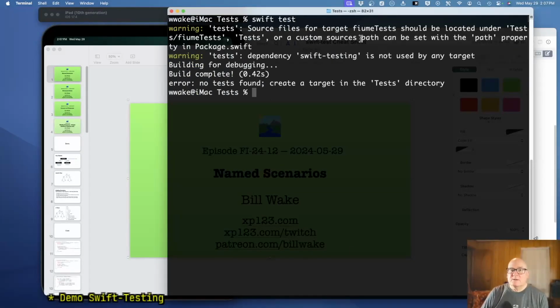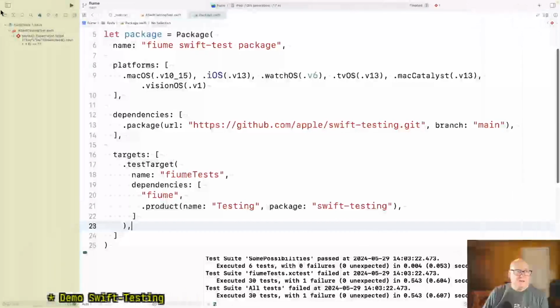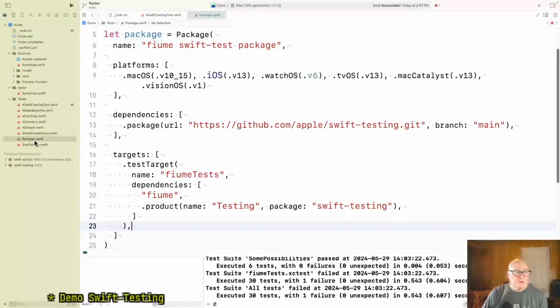Yeah. Source files for target should be located under Tests/FiumeTests or custom source path. Dependency SwiftTesting is not used by any target. That seems funny. No tests found. Create a target in the test directory. So I don't know what that implies is going wrong. Everything in here is in the testing directory, including,